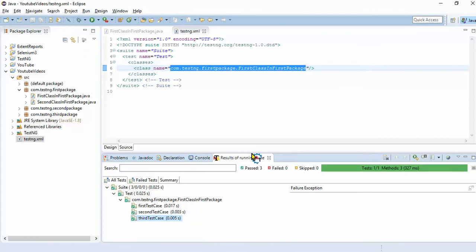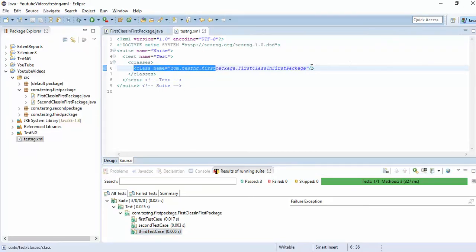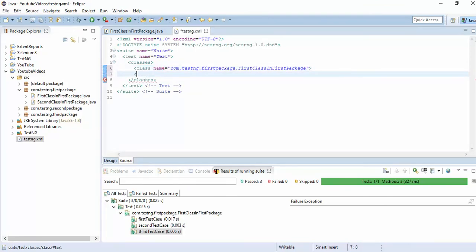But I don't want to do it like this. I want to execute only some of the test methods. Again, now we'll see how you do this. I have a classes tag, and see, I have a class tag.